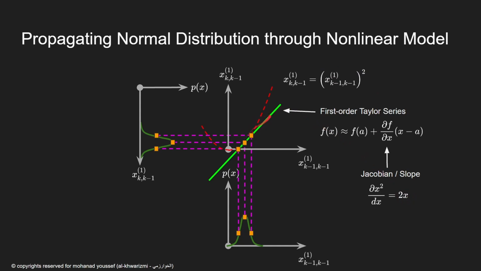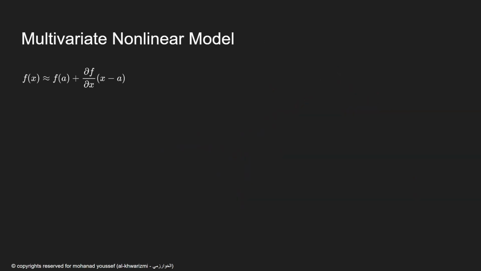That's the slope for this exact example. So the first order Taylor expansion is basically the approximation of the nonlinear function on the left side here with a linear function, which can be expressed as in the right hand side here, and the slope here we call Jacobian,